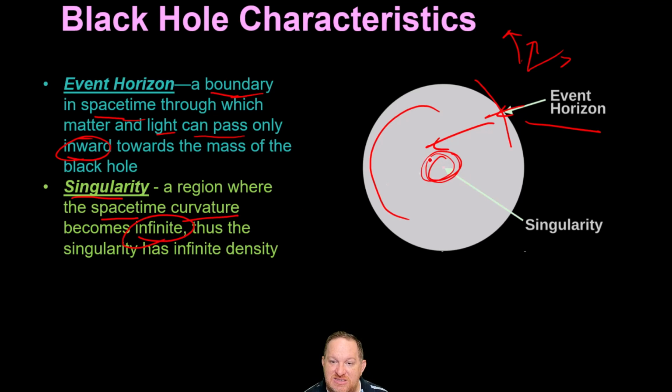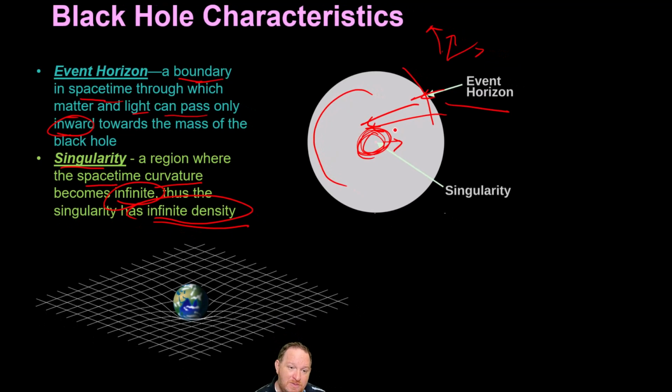So this singularity in a black hole is bending space-time so much that it has infinite density. Well, we know gravity then is affected by this infinite density. Therefore, everything is being pulled in. So, when I say bending of space and time, what I'm actually talking about is if you're imagining space and